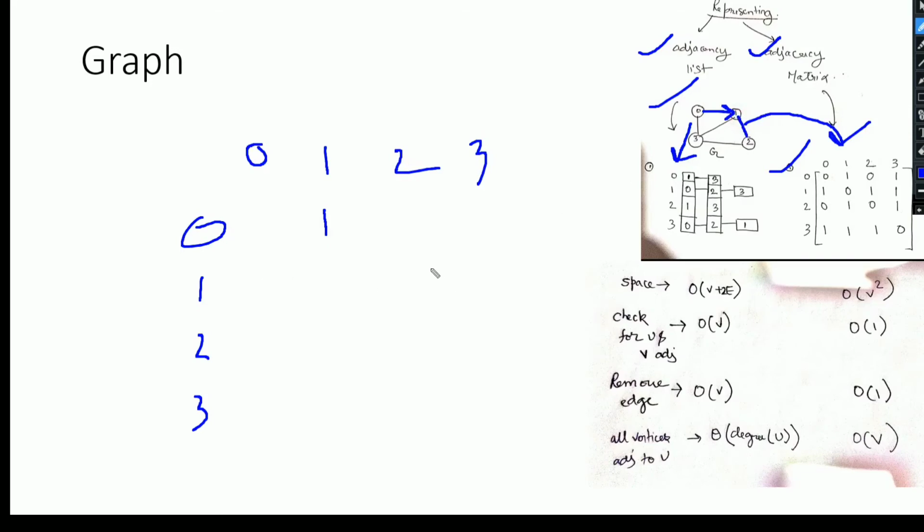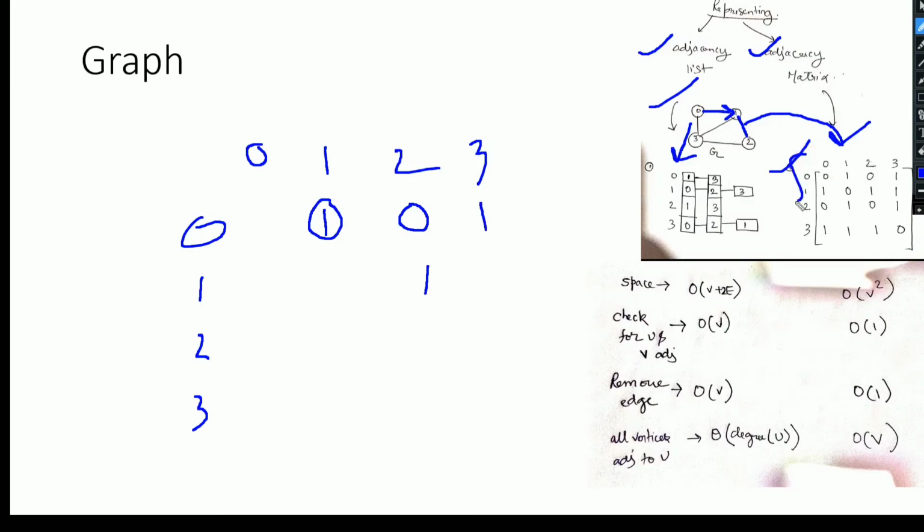Connections are being represented by 1, and if there are no connections we can represent it using 0, such as 0 and 2. If we observe the graph, there is no connection between 0 and 2, so we can represent it by using 0. Next, 0 and 3, there is a connection, so we can represent it by using 1.